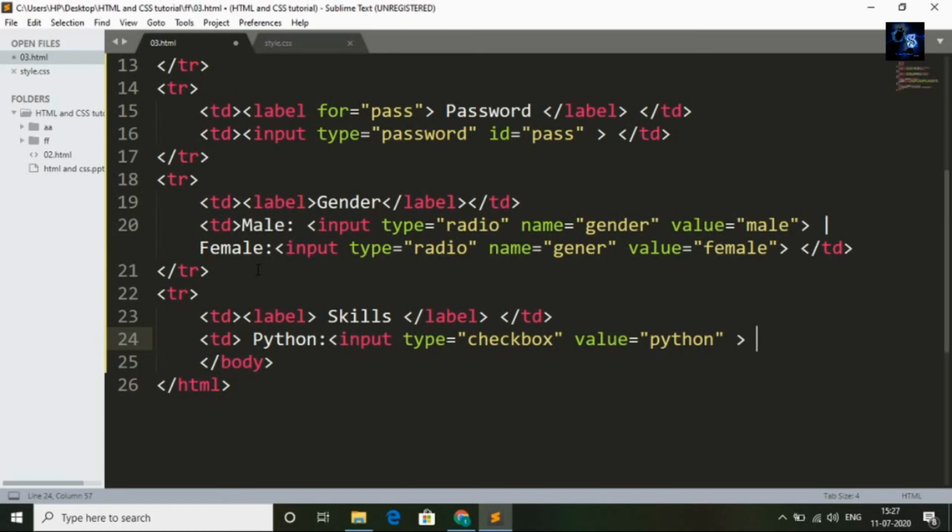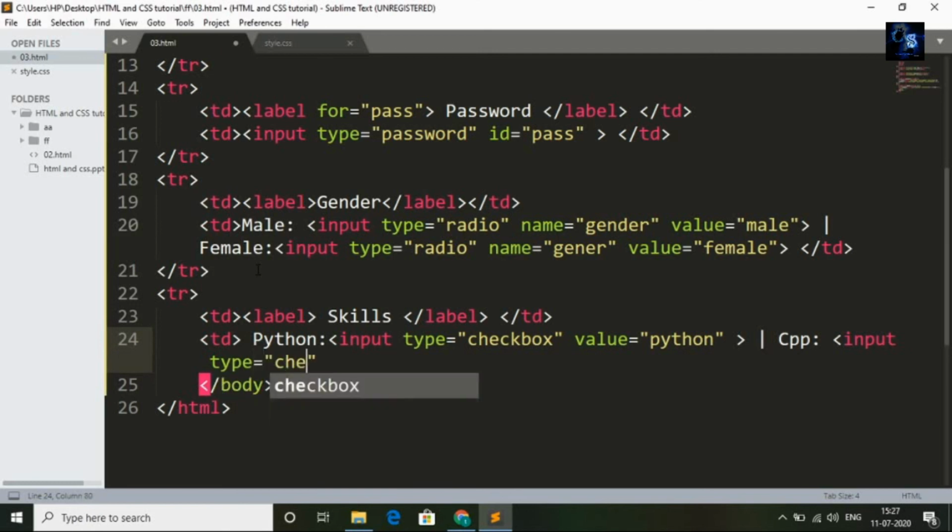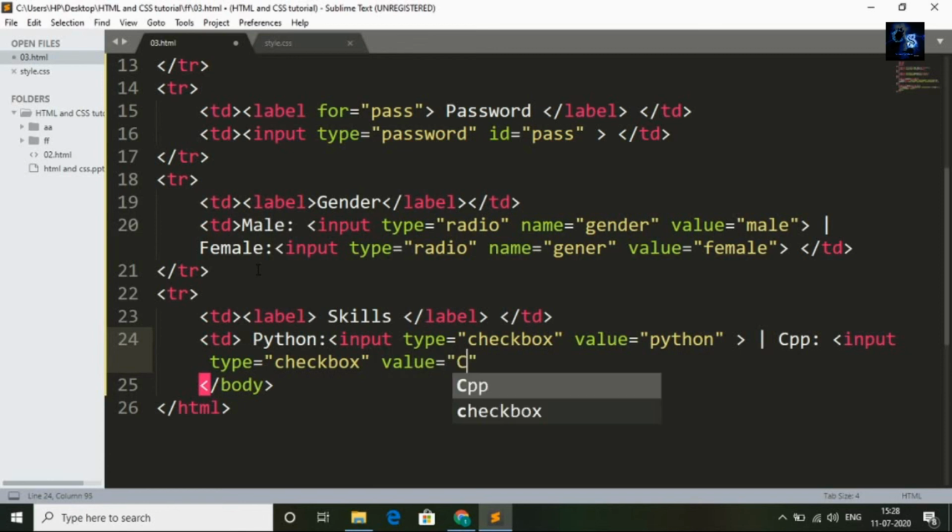Now I will add one vertical slash. Now I will ask the user, C++, colon, input, type checkbox, value CPP, C++.